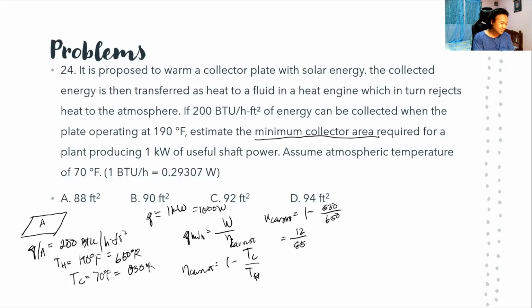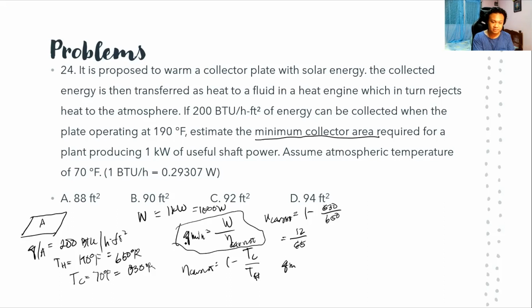And then we are given the work, or the energy that was produced, which is equal to 1 kilowatt. Or we can actually rename this as W, because this is the work produced. So, keeping the consistency in our units,